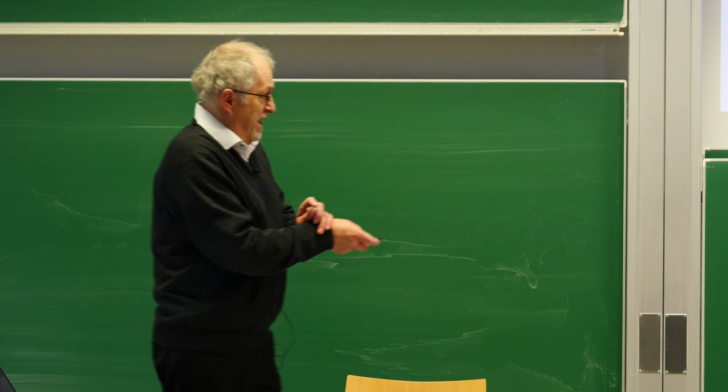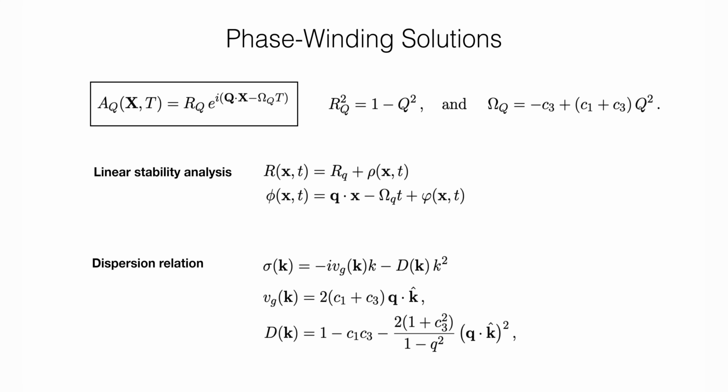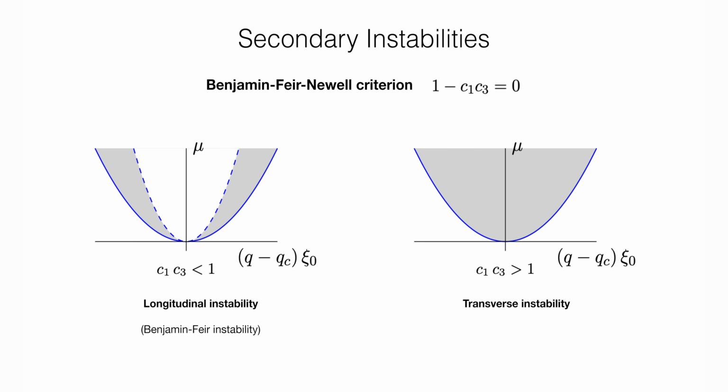So what we did was we distinguished between the case where the wave vector q is along k and the one where it's perpendicular to k, and then these terms are either proportional to q or q squared, or they drop out. And then when you analyze the corresponding equations, this is the main finding of this linear stability analysis of a phase-winding solution. There is a line defined by 1 minus C3 C1 equal to 0, defining a dividing